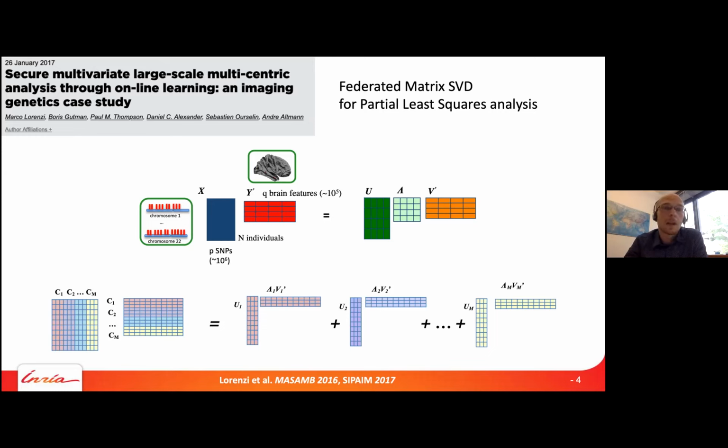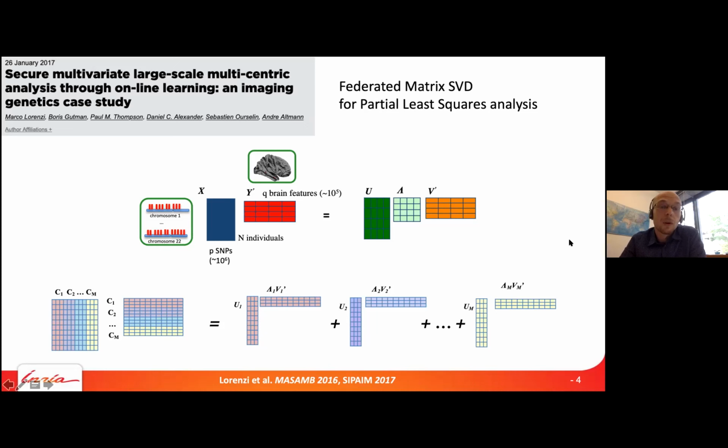Or even simpler, we can just ask every center to estimate some eigenmodes and just send us those eigenvectors and eigenvalues. And then we can plug them together, and we obtain an estimate of the covariance matrix. And actually this works, this is quite effective. This was a way at the time to do some sort of federated learning for this kind of application, so sort of linear models of variability.